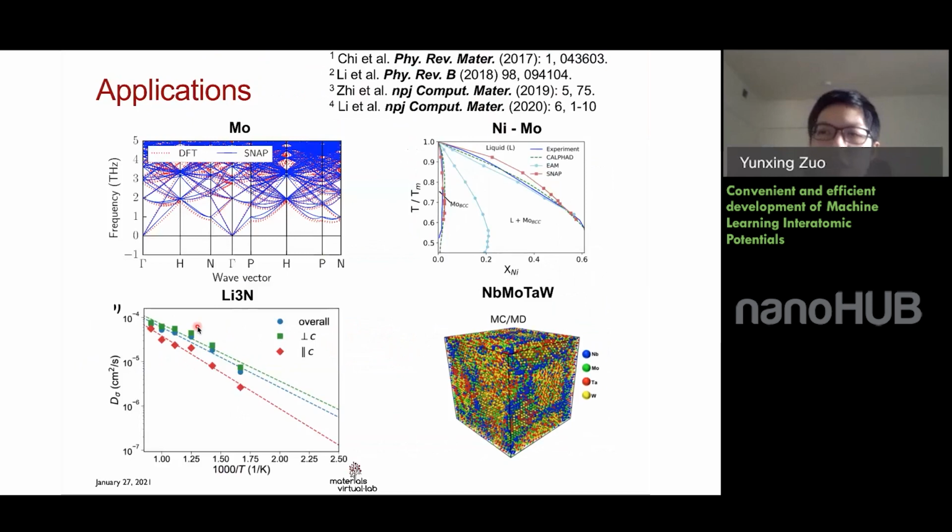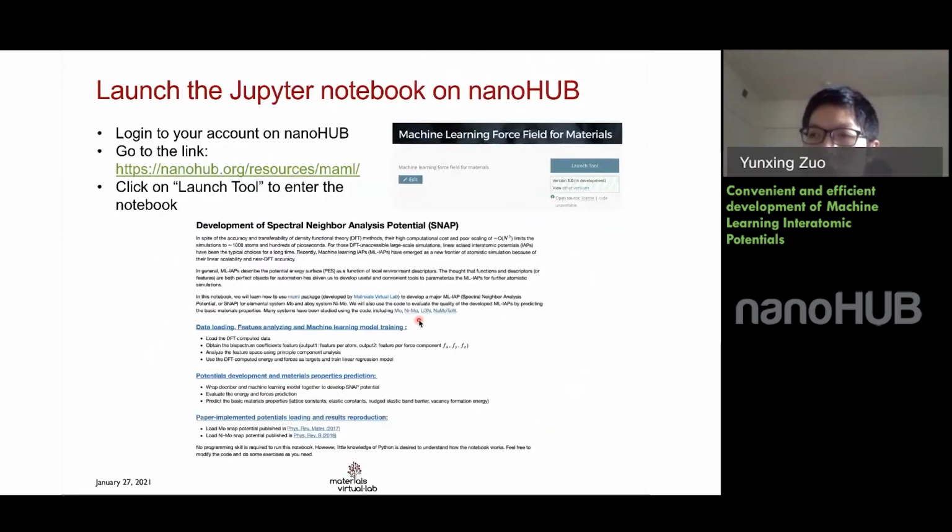There are quite a few applications that use these codes, and all of these developed potentials have shown great performances in their study systems. For example, the phonon spectrum, the formation energy diagram, Rayner's plots, and grain boundary segregations. And next, we will use some example notebooks to introduce the fitting process of the SNAP potentials using prepared data